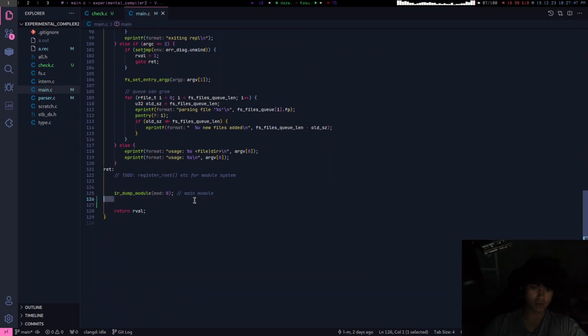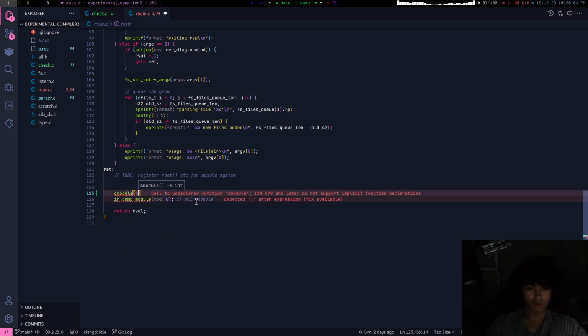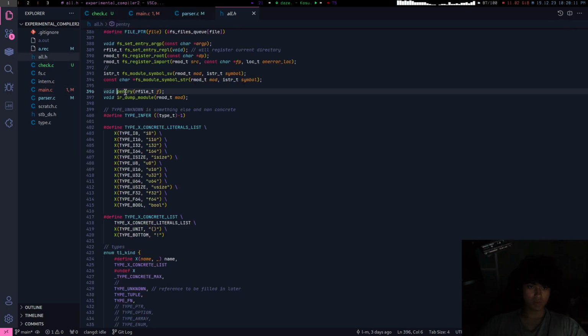Not key entry. All right. Start like a p file, like C. I'll do C check module 0, because I have to check. Where's p entry?